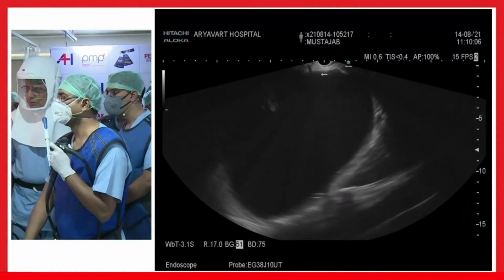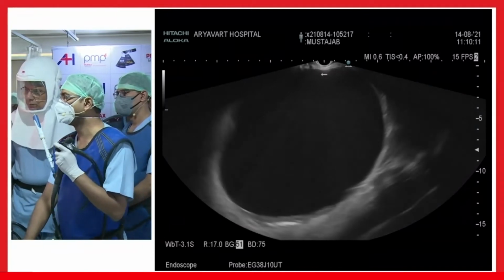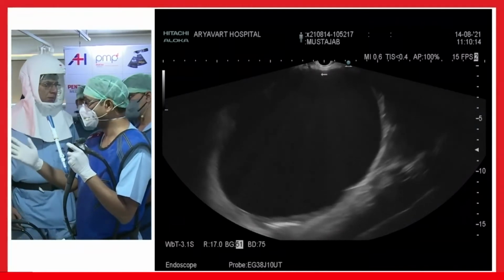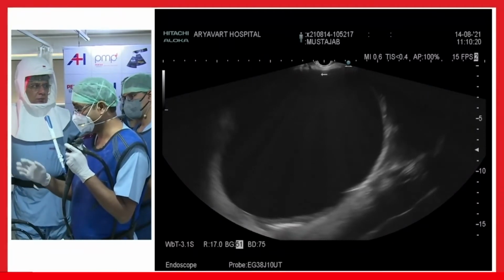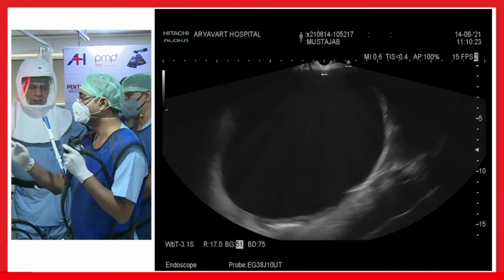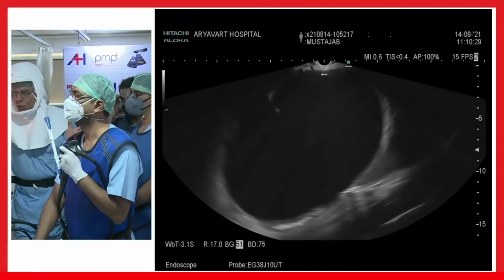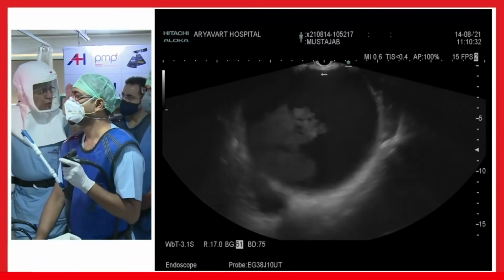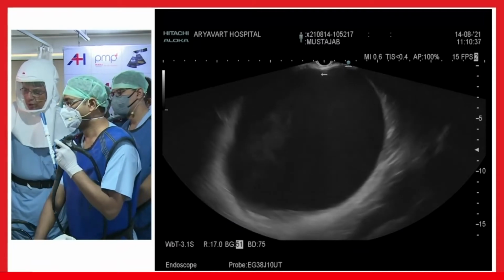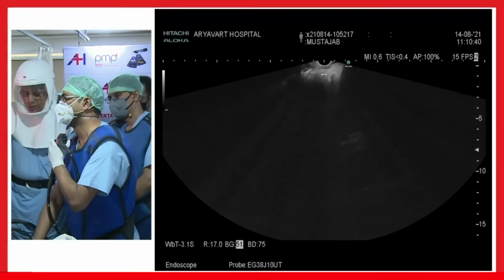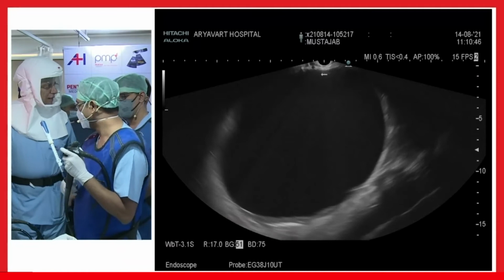Another point I make is that when you rotate both clockwise and anti-clockwise, you make sure your position is in between. So if something happens, either the patient burps or your scope position gets slightly dislodged, you are in between, so that your position remains there. Fantastic point, because people who do it don't know all these smaller details, what is going on in the mind of the person doing it. You rotate it all the way to one side, then to the other side, and then you select something midway. Fantastic point, I didn't know that.